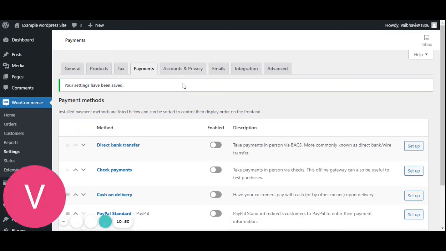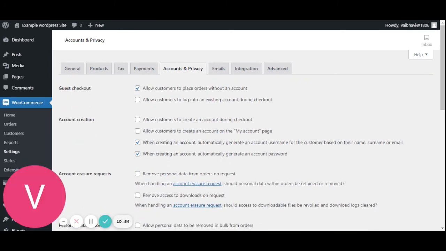Then you have accounts and privacy. In this tab, you have the guest checkout option. So here it gives you options if your customer can place an order without creating an account on your website. Or you also have an option to allow customers to log into an existing account during checkout.